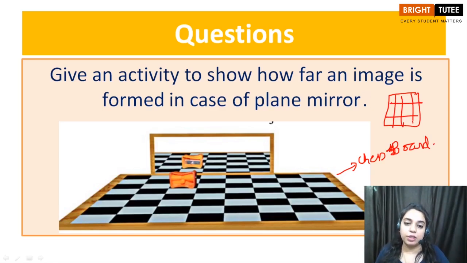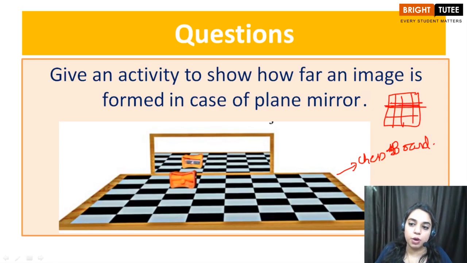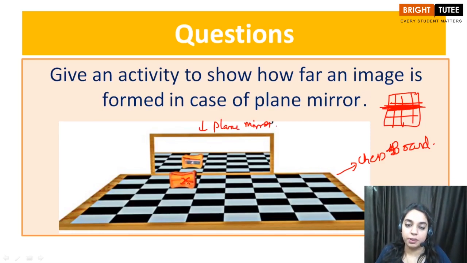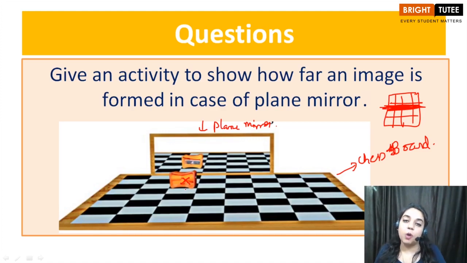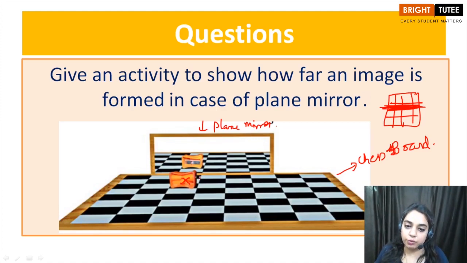Okay, so you can make your own, and in the middle of it you will draw a thick line, and on this line you will place a plane mirror vertically. Now you will place an object, say a sharpener, at different positions and try to observe the image, and we will figure out the nature of the image. Suppose we have placed this sharpener in the 1, 2 and 3rd square. Now try to observe where the image is formed. It will be formed 1, 2 and in the 3rd square.